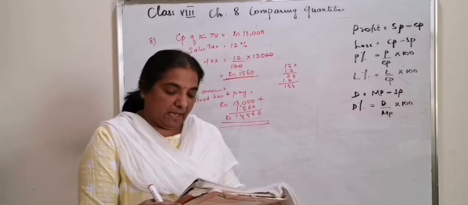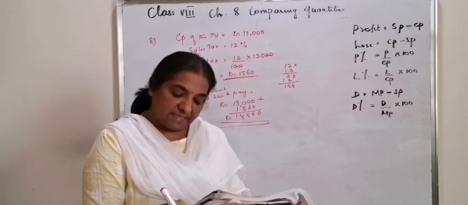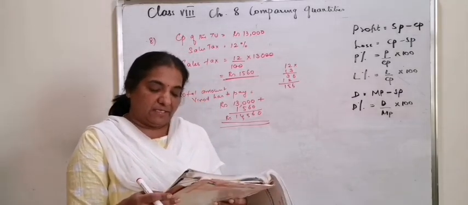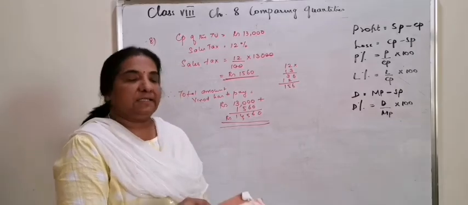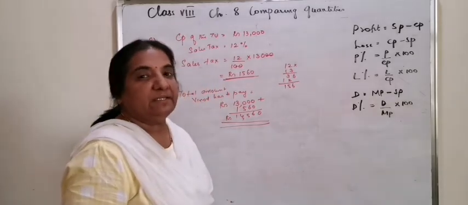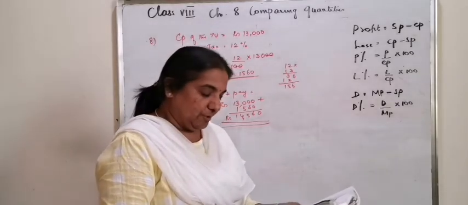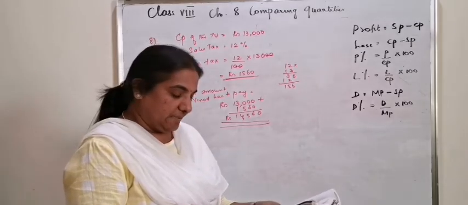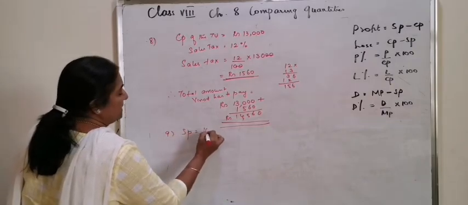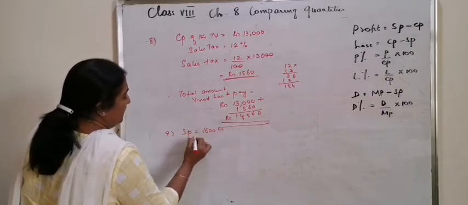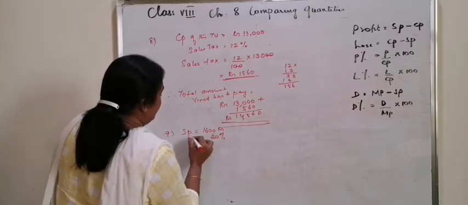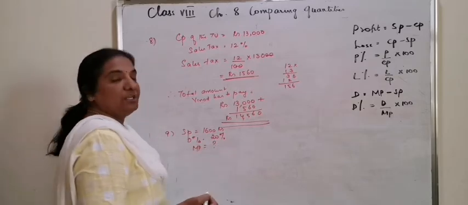Question number 9. Arun bought a pair of skates at a sale when the discount was given as 20%. If the amount he pays is rupees 1,600, find the marked price. It is similar to finding the cost price of an article when the loss percent or profit percent is given to you. When the discount is 20% and the selling price is 1,600. SP is 1,600 rupees. There was a discount percent of 20%. What is the marked price of the shoes?